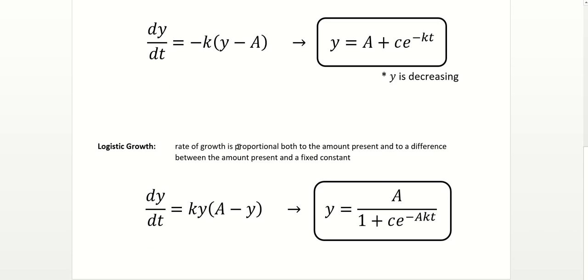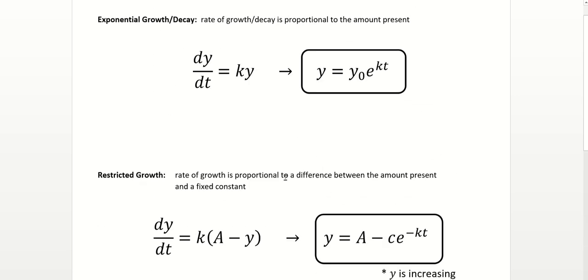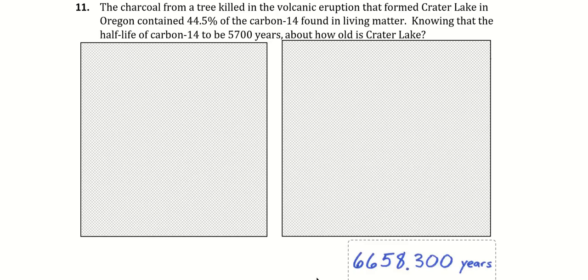Or if it says, proportional both to the amount present and to a difference between the amount present and a fixed constant, or it basically says that in so many words, then you know to use this formula. I think, and we can double check as we go through these sample test problems, but